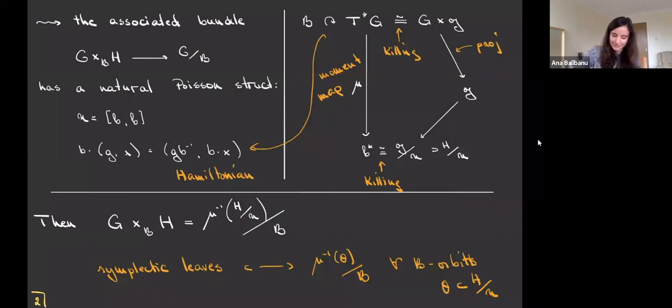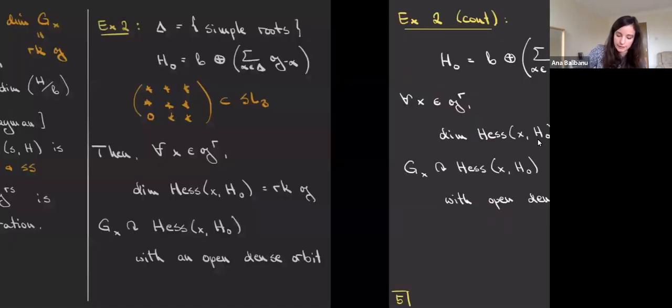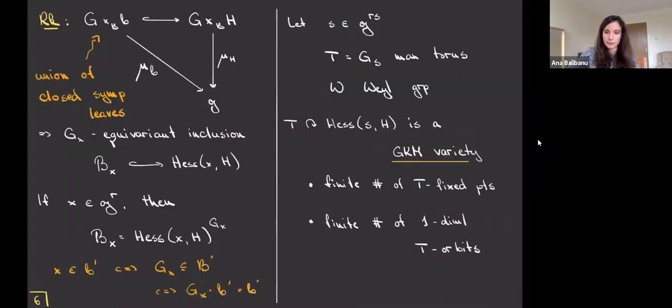If you look back here, you see that I remarked that the symplectic leaves in this family just come from symplectic reductions of B orbits in this quotient, H mod N. So you can identify which of these B orbits are closed, and then you can take their reductions, and those will give you the closed symplectic leaves, and in fact, they're going to be exactly the ones that make up the Grothendieck-Springer resolution. Okay,